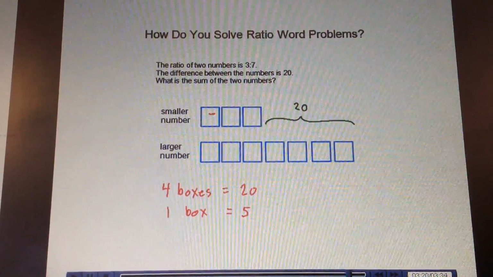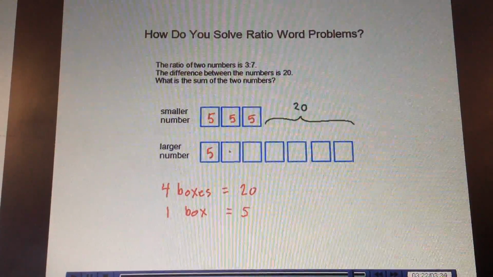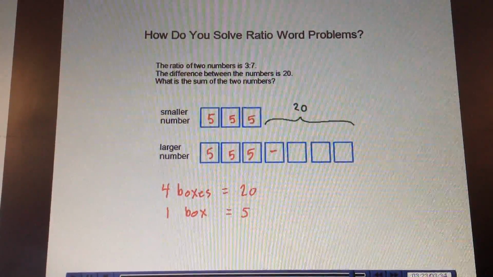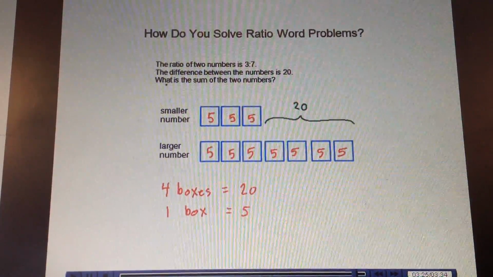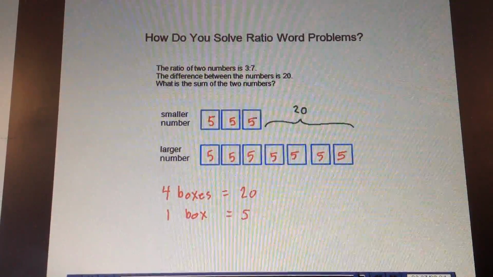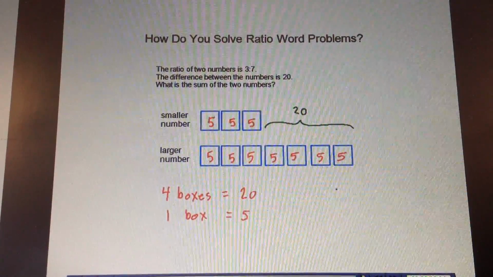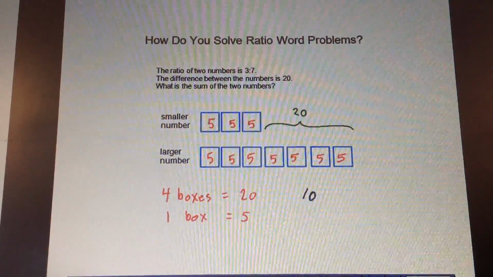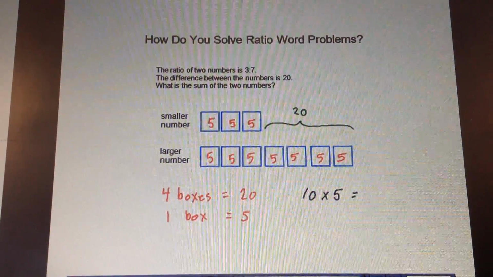Now we know that each box has a value of 5. To find the sum of the two numbers, we need to find the value of all 10 boxes. And to do that, we just multiply the 10 boxes by the value of each box, which is 5. And that is